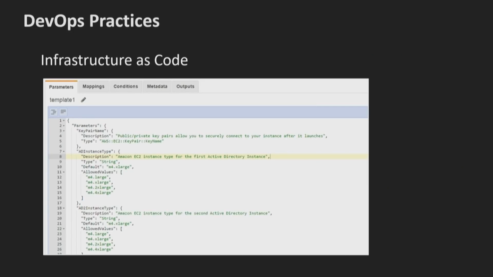So let's start with infrastructure as code. AWS CloudFormation is a service that allows you to represent your infrastructure in a template and run that template within AWS to create those resources or manage those resources. So the idea here is, an anti-pattern is that you're going to launch a new application, you go into the AWS Management Console, and you click a bunch of buttons and do a bunch of things to